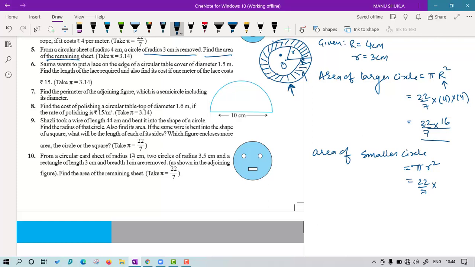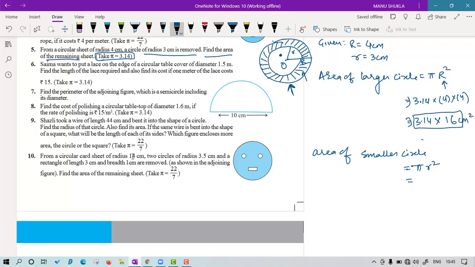okay, sorry, I have not noticed they have given the value of pi as 3.14. So this is a mistake that I was doing. I have to erase this and take it as 3.14. So this was a mistake here also. We cannot take on our own. So blue pen. Okay. So the answer is 3.14 into 16. This is the area of the larger circle.